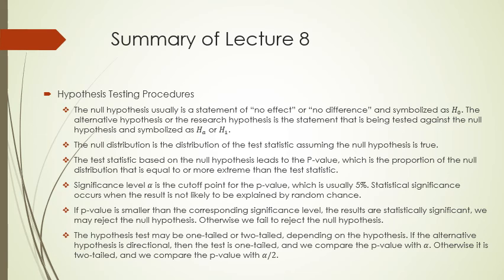The hypothesis test may be one-tailed or two-tailed, depending on the hypothesis. If the alternative hypothesis is directional, then the test is one-tailed, and we compare the p-value with alpha. Otherwise, it is two-tailed, and we compare the p-value with alpha over 2. The appropriate choice of the hypothesis should be determined by the research question,